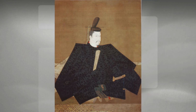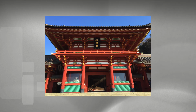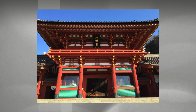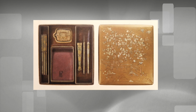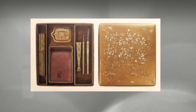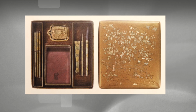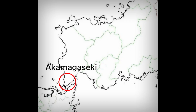In 1191, the inkstone box that Minamoto no Yoritomo offered to Tsurugaoka Hachimangu in Kamakura City, Kanagawa Prefecture, changed colour from the usual stone-like colour to a colour close to that of the red inkstones, but has not yet been clearly identified. The origin of the name Akama Suzuri is also not clearly known, but the widely accepted version is